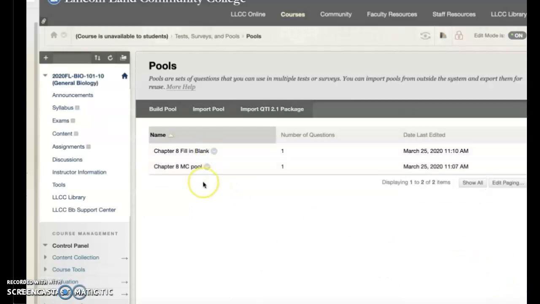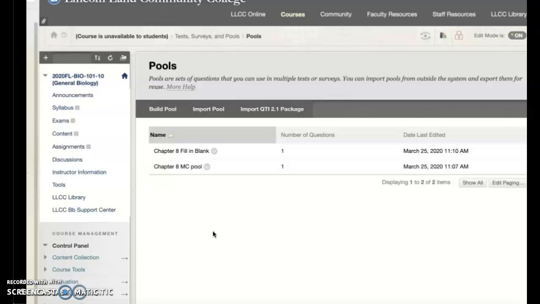So, all right, so now we've created our question pools. You can do this as many as you want, but what I would encourage is do several for every chapter, because what you're doing here is you're already writing the pools you're going to use for your final exam. Why reinvent the wheel? You've created a bank of questions, and then you can have the system randomly draw out